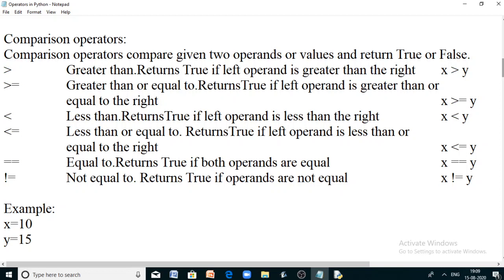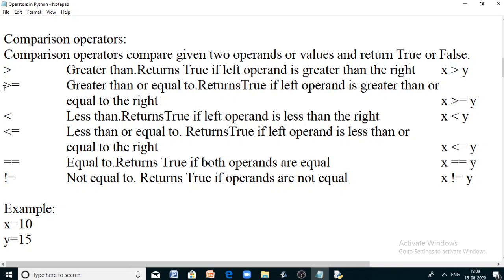Like that, less than will return true if the left operand is lesser than the right operand, else it will return false. Greater than or equal to will return true if the left operand is greater than or equal to the right operand.